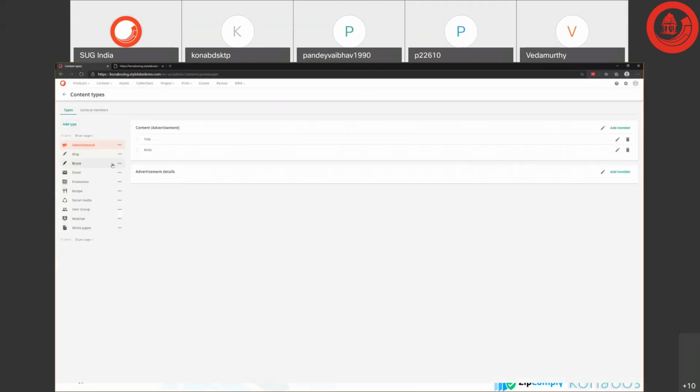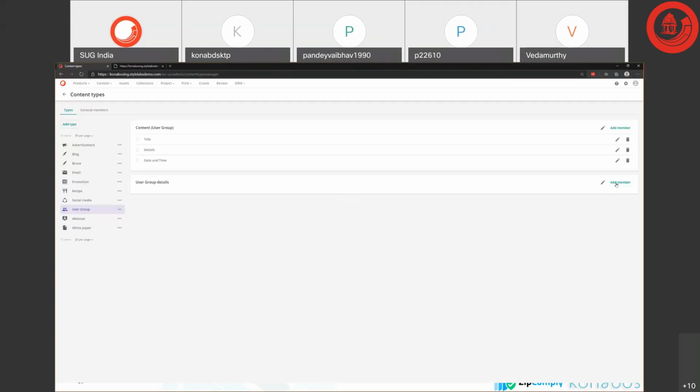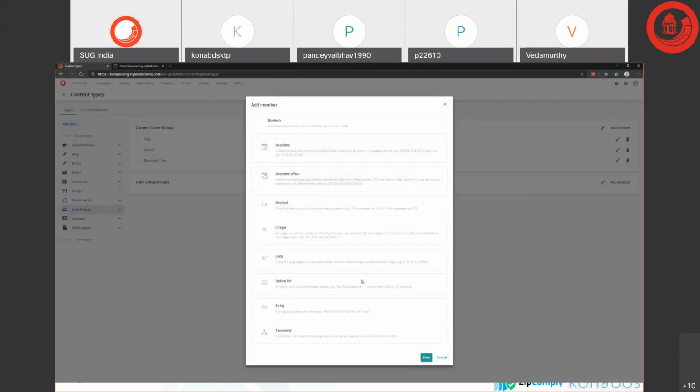So if we go into content types, by default, you get all of this minus the user group. User group is something which I created, and promotion is something which I created as well. So it's separated into two. One is the content portion of it, and there's only 3 types of fields you can add from the content portion. So content portion is what was on the left side when I was showing you a user group piece of content. But the details on the right can be extended using quite a few different types of fields, and these are fields which are a little bit more complex,